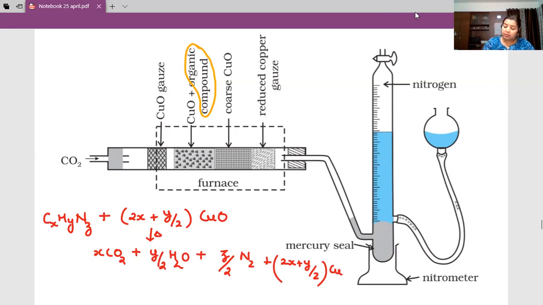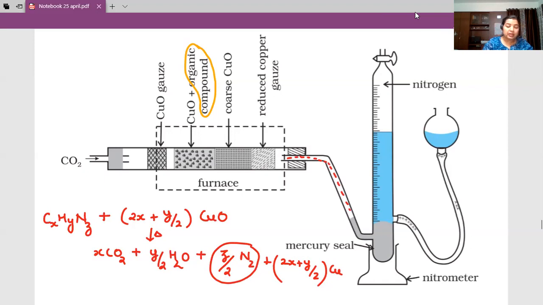Now we are mainly interested in this. We have made all possible arrangements having excess CuO gauze on both sides of our gases, so that by chance if any nitrogen oxide is formed in the whole process, it is converted anyhow to nitrogen gas. Now we are passing our gaseous mixture here. When you are passing our gaseous mixture from this side, what we want to do is collect our nitrogen gas above this liquid.